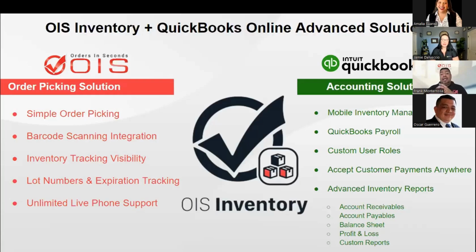Definitely. The custom reports are so important for distributors because you can create different custom fields, accommodating the data that you would like to pull directly from QuickBooks. What we usually do is, they create those custom fields, we synchronize that information, and when you're doing it for the distribution business,